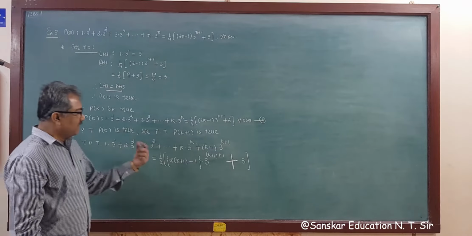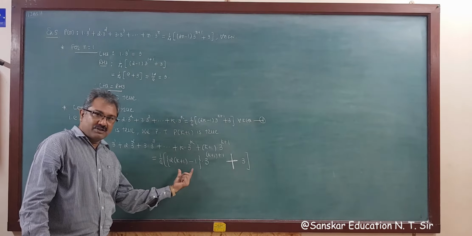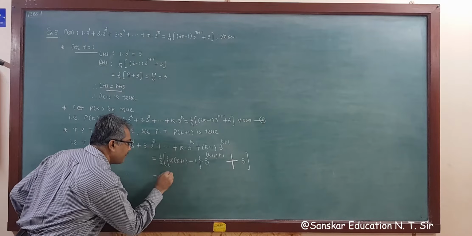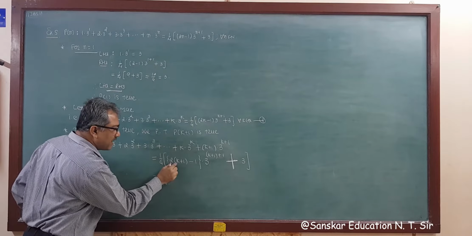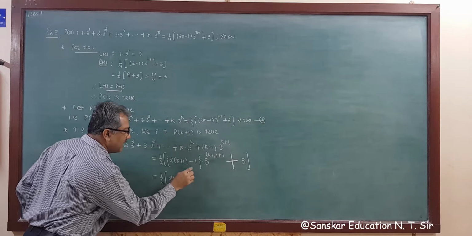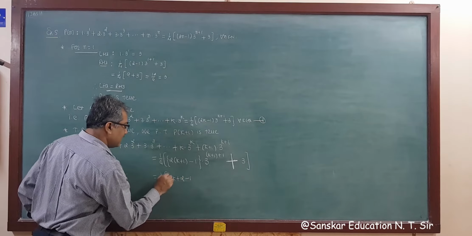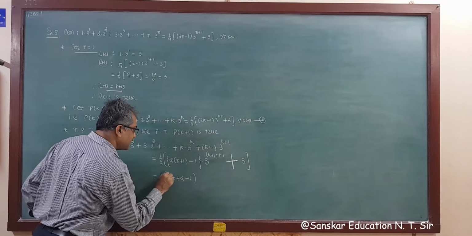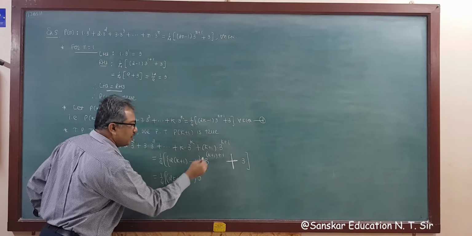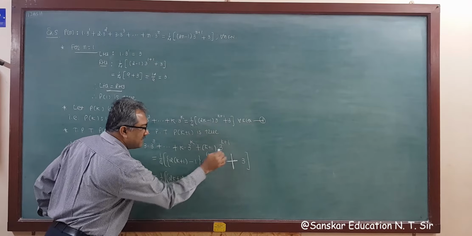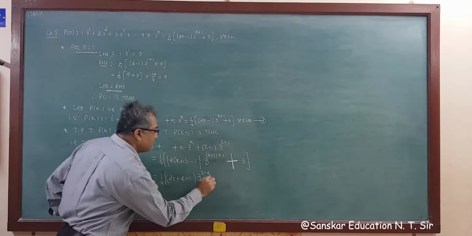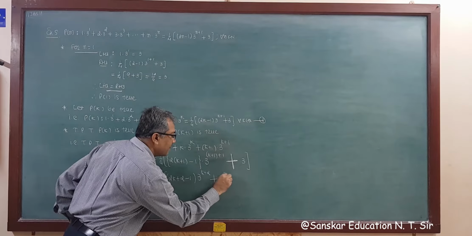So now this needs to be simplified, so we will simplify it. This is 1/4, now this is 2k plus 2, so this is 2k plus 2, right, and minus 1 as it is, so this is your bracket, that is set bracket. I am writing now only single bracket, into 3 raised to, this is k plus 1 plus 1, that is k plus 2, right, and plus 3.